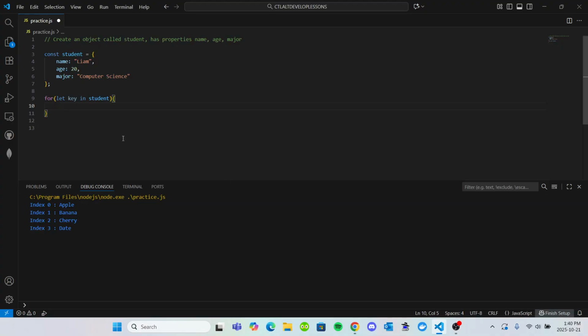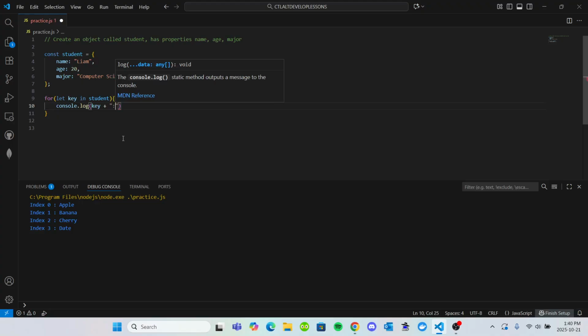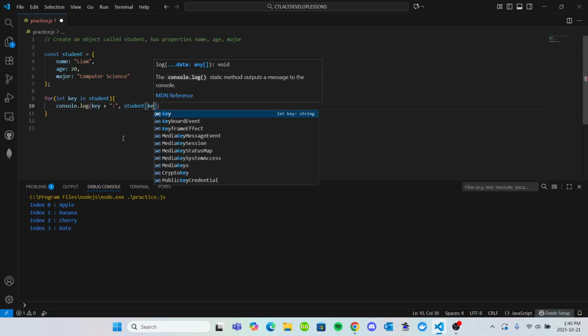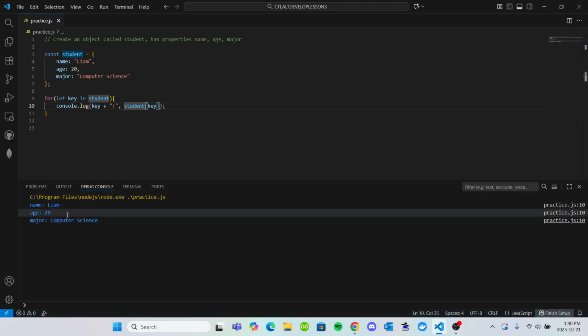So let's console.log this, and we're going to say key plus colon, and we're going to say student[key]. So this will essentially print out each key here, so name, age, major, and then this will print out each value. So of course it prints out Liam, age 20, major computer science, which is exactly what is shown